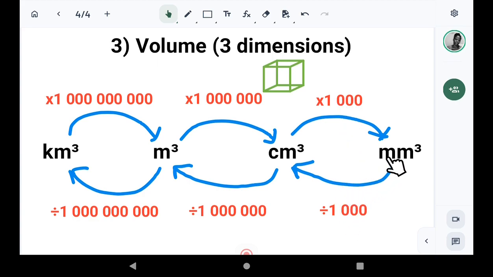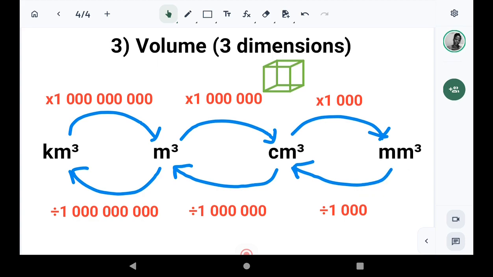So to convert from cubic millimeters all the way to cubic kilometers, you would divide that number by 1 and 3, 6, 9, 12, 15, 18 total number of zeros. So you're dividing by 1 and 18